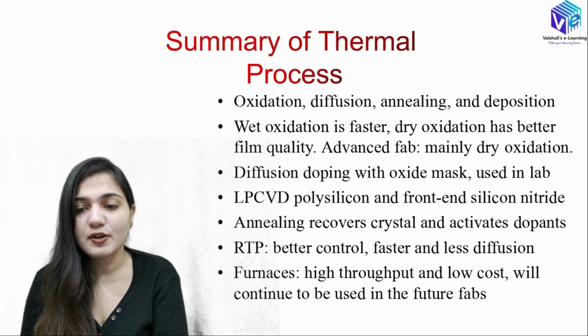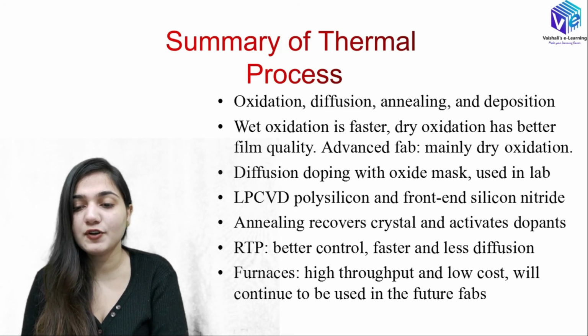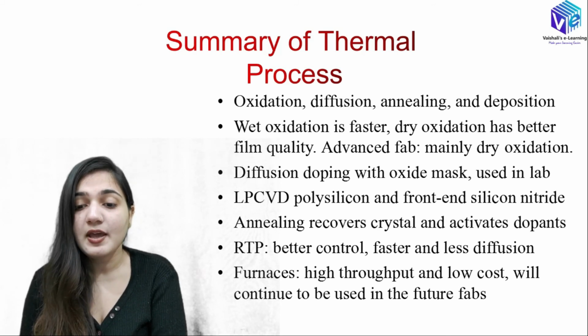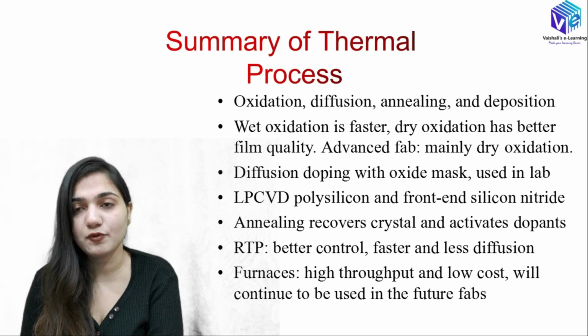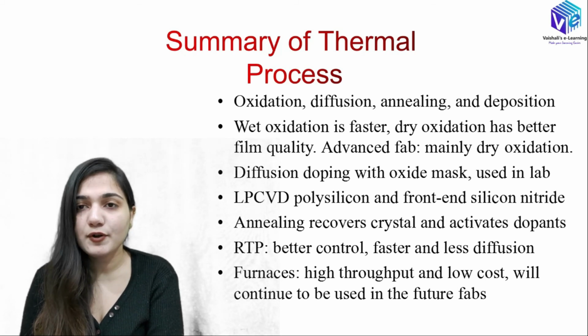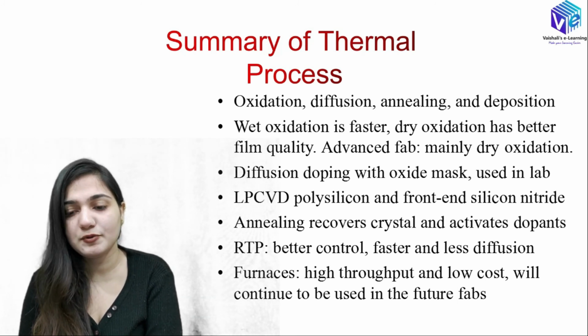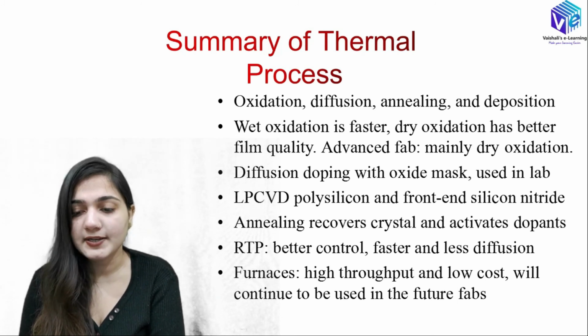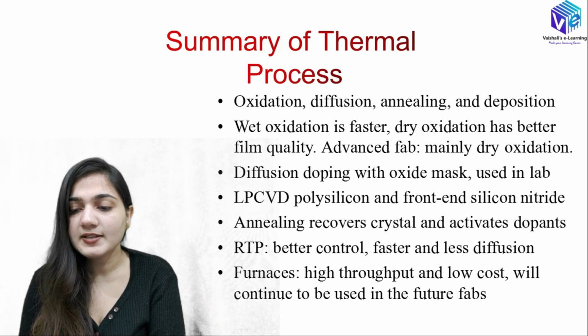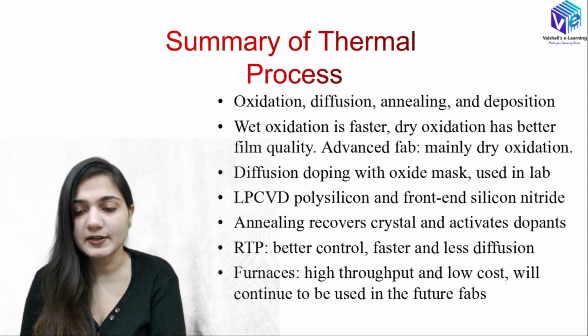Now coming to the summary of the thermal process. Okay, the thermal process can be used for oxidation, diffusion, annealing, and for deposition as well. Wet oxidation is faster, dry oxidation has better film quality. So whenever I want faster results, I will be using wet oxidation. Dry oxidation I will be using for a high quality film. Okay, so in advanced fabrication we are using mainly dry oxidation because of the better quality it is